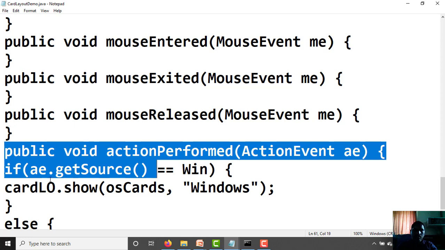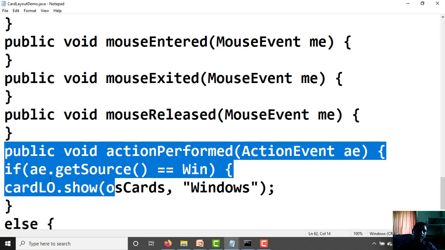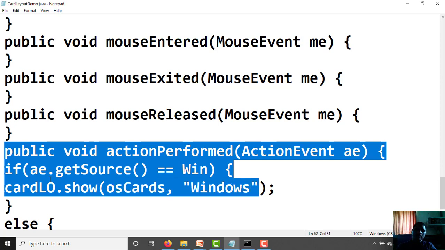If ae.getSource() == win open curly bracket cardLO.show(osCards, "Windows"); close curly bracket.